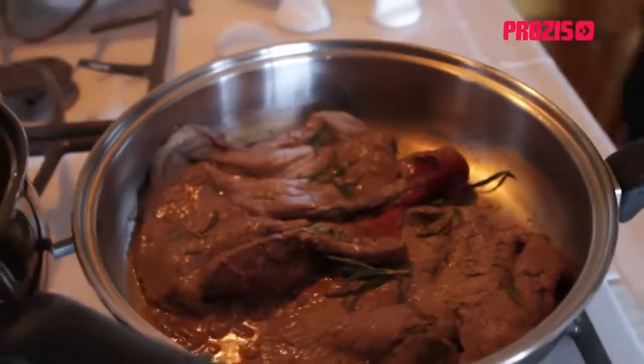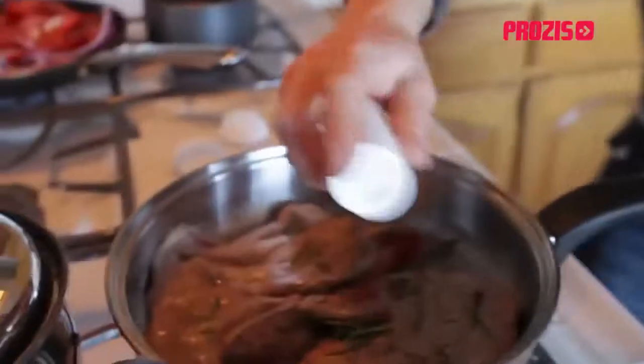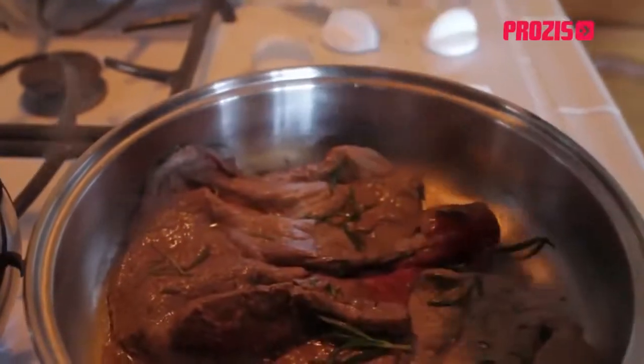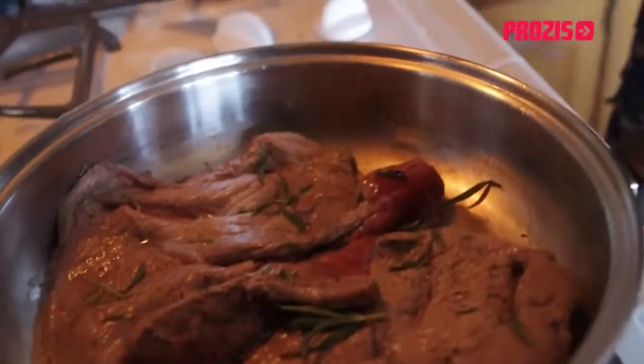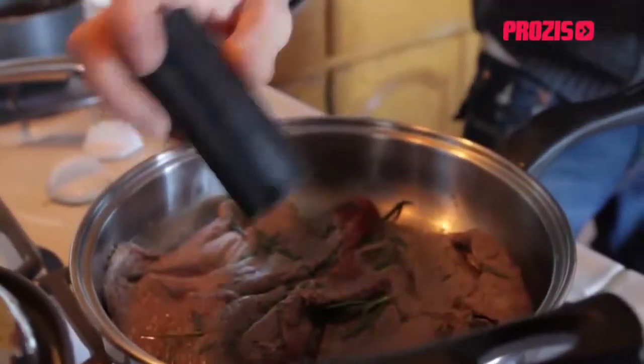While that's browning off, I'm just going to add a tiny bit of seasoning. This is about a quarter teaspoon, and about the same for some black pepper, just to enhance the natural flavor that we get from this beef. Okay,